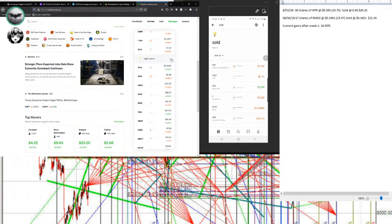Oh, it looks like my messages aren't even available anymore from when I first bought it. Because it was at 75 cents a share when I first bought